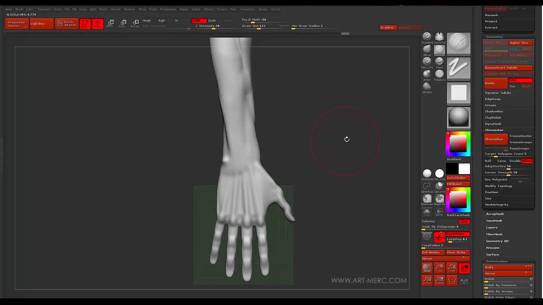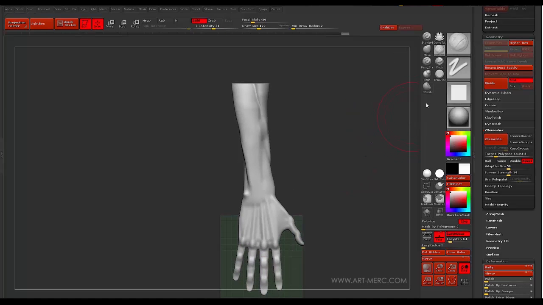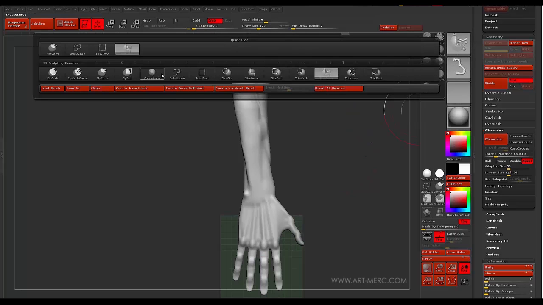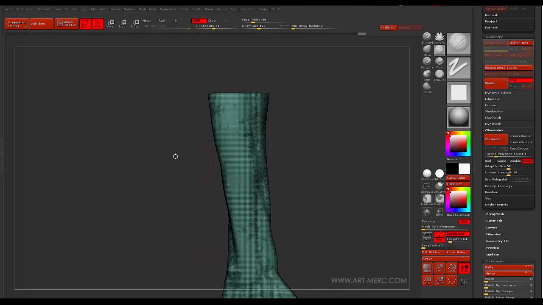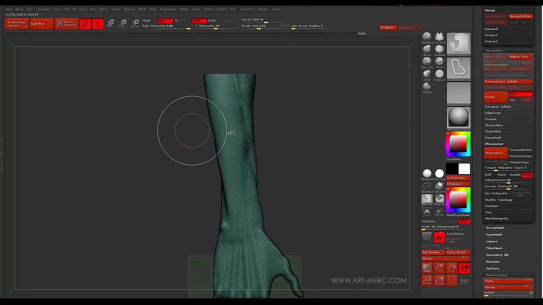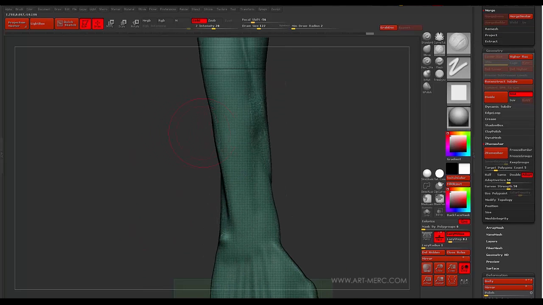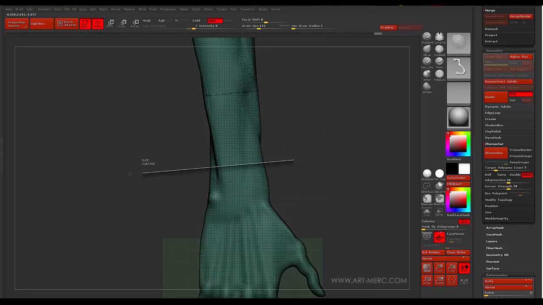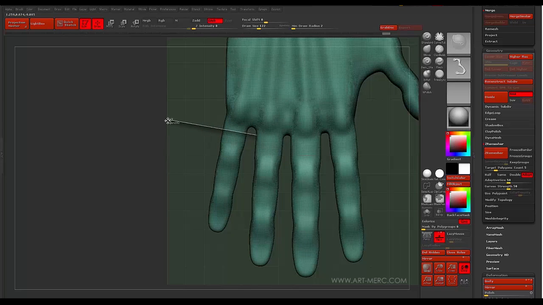Before we do any Z-remeshing, we need to tell the Zremesher how we want things to be. So we'll hold Control and Shift, and then select this crease curve. Let me go ahead and make this all one poly group. We have this crease curve selected. Basically, what's going to happen is if you click and drag across, it's going to give us this line, right? And that indicates where ZBrush is going to recognize that we want a crease. But we're not going to be using creases. We're going to be using something else,